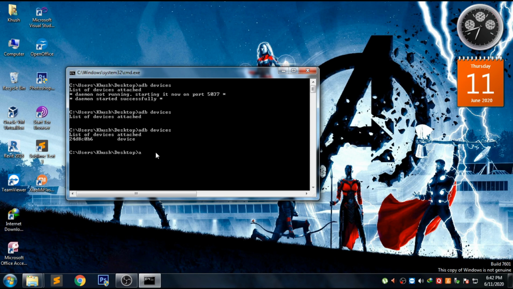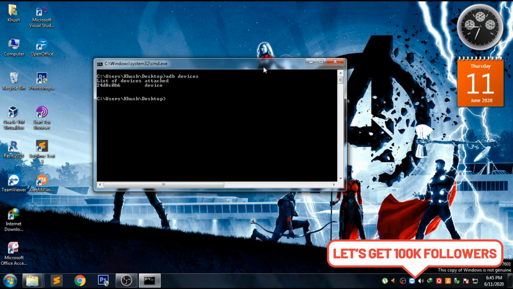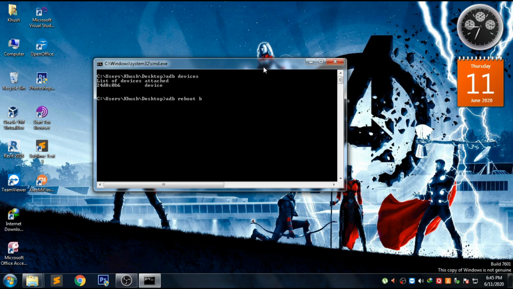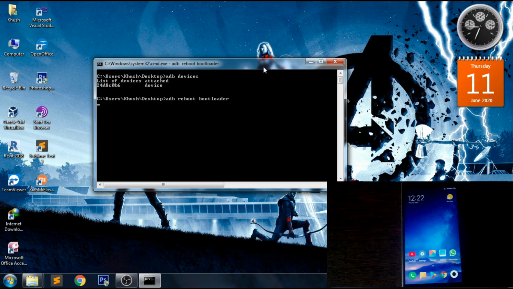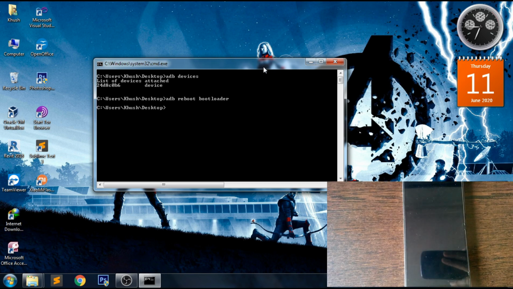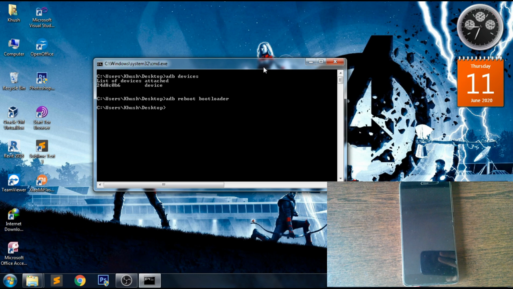Now just type adb reboot bootloader. As soon as you press enter, your phone will reboot into the fastboot mode, as you can see here.